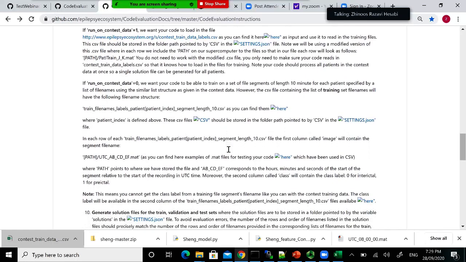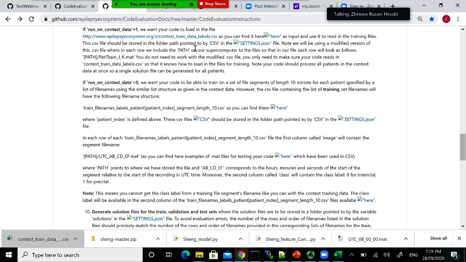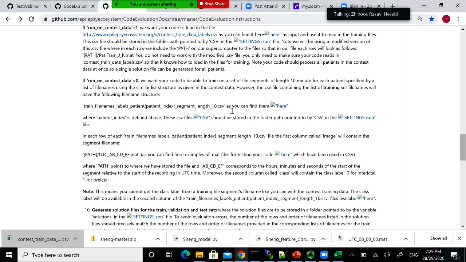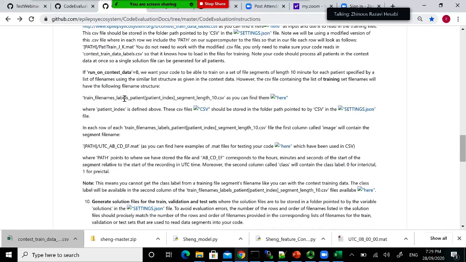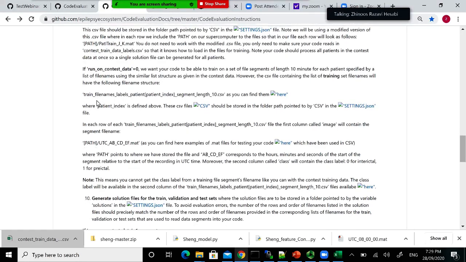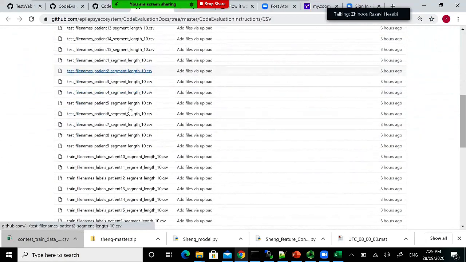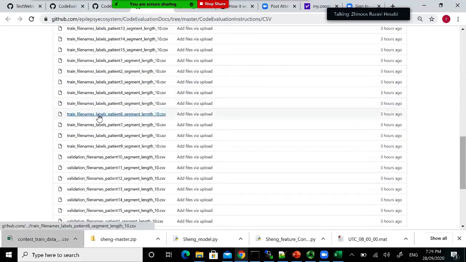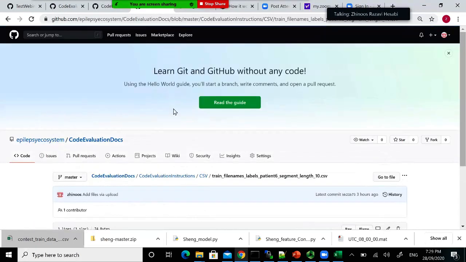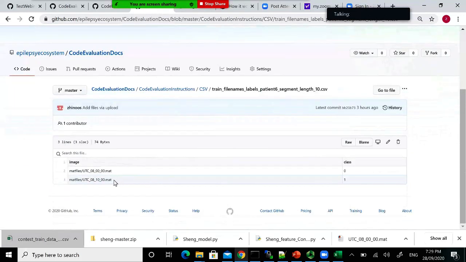And then the same for contest data, the same for continuous data. And you can find some examples of train, test, and validation for continuous data. For example, here, if you go to, for example, train, so you can see, for example,